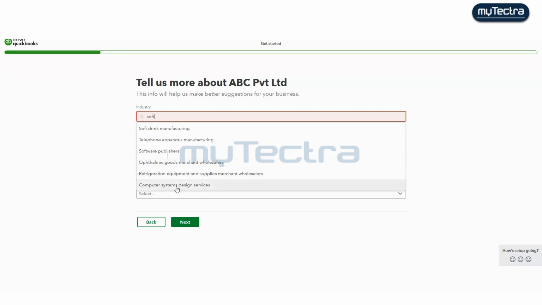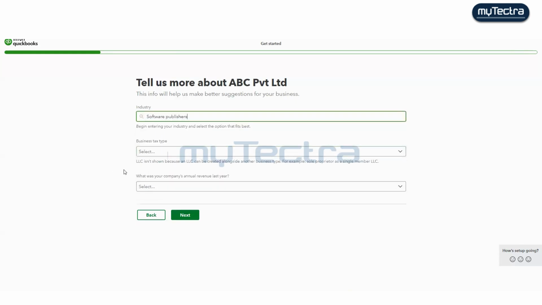Okay, computer system design. Okay, design services. So it's software publisher, which means the IT company, right? Okay, so now after that it is business tax type.